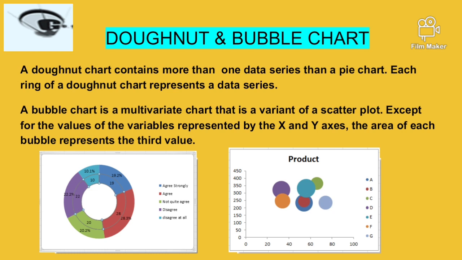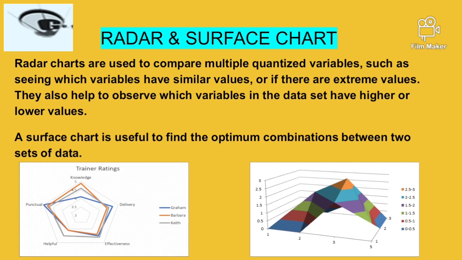Now, the next type of chart is the bubble chart. A bubble chart is a multivariate chart, and it is an advanced version of the scatter chart. In a scatter chart, only two categories are represented, but if we want to see or draw comparisons among multiple categories using small bubbles or small scattered points, we can use the bubble chart.